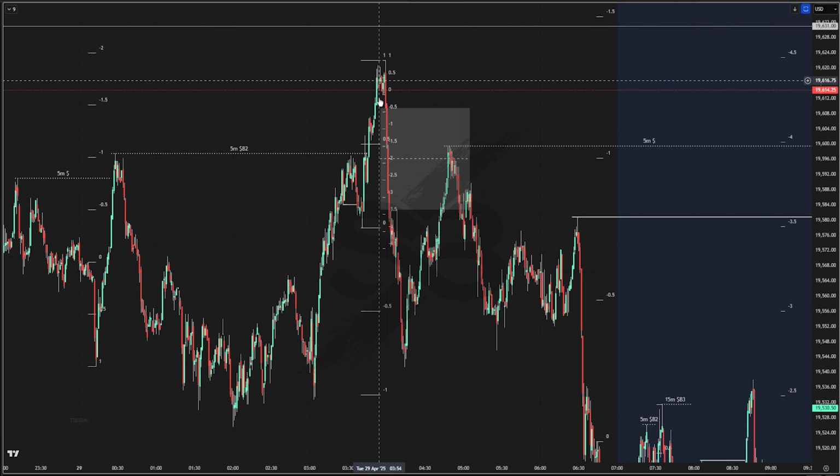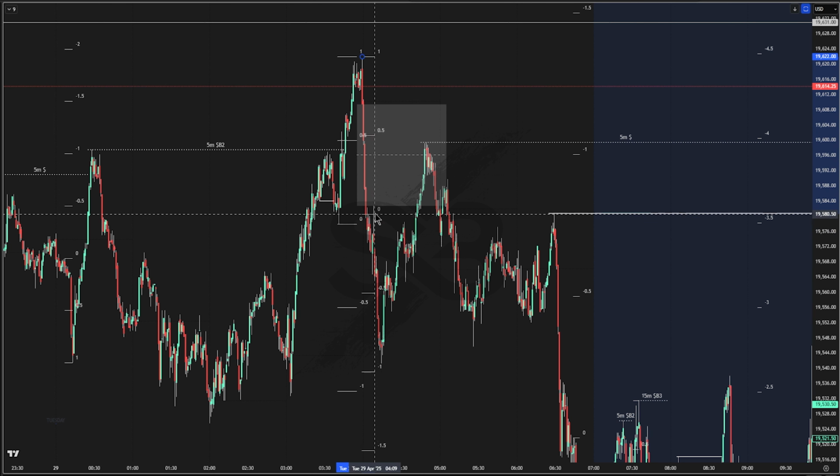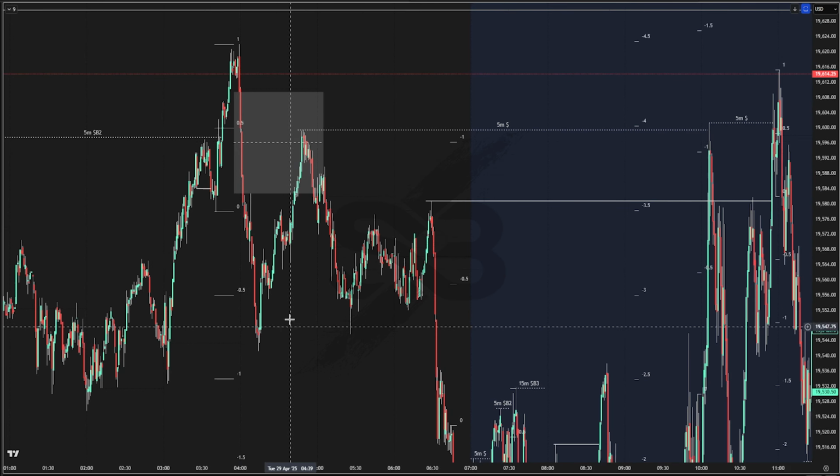So any shorts out of here are high probability to deliver to 4 standard deviations. Unfortunately, the 1-minute breaker is so tiny that yes, it delivers to 4 standard deviations immediately. So you would have to deal with the 5-minute breaker, which is from this bottom to this top. Now it did create a CB as well, which gives us another indication that price is going to go